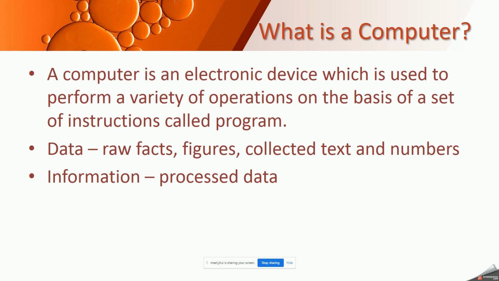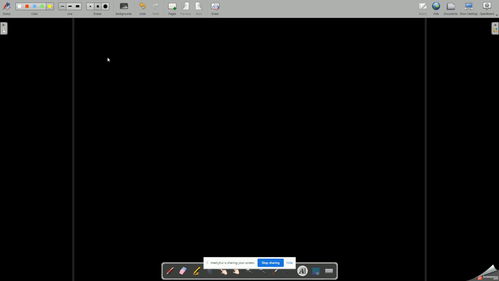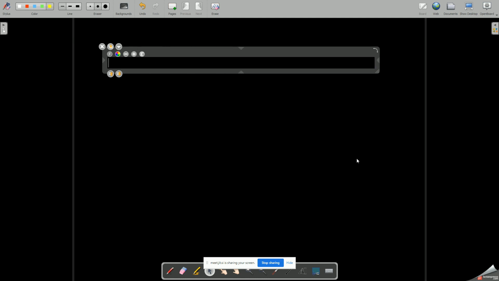Next is, what is data? All the raw facts which are collected. You might have seen your class teacher collecting it every day. You might have seen your very own attendance log in Google Sheets. I have collected the names and sections of everybody, and I am collecting data on a daily basis, who is present, who is not present. And at the corner you might have seen the percentage of your presence in the class, percentage of your attendance.